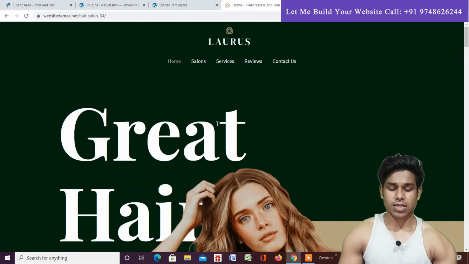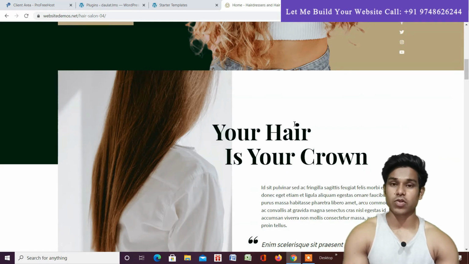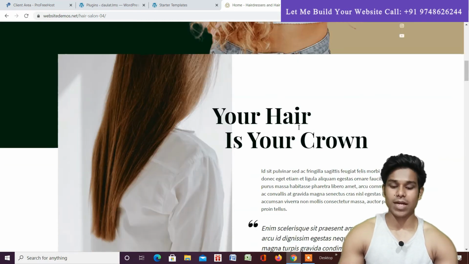So this is the exact way you have to design and provide all the features and functionality, and add all the sections on your home page, so the visitor can get the gist by looking at your home page only, and then later decide whether they want to take the service or not. This is what you have to keep in mind while designing the front page.